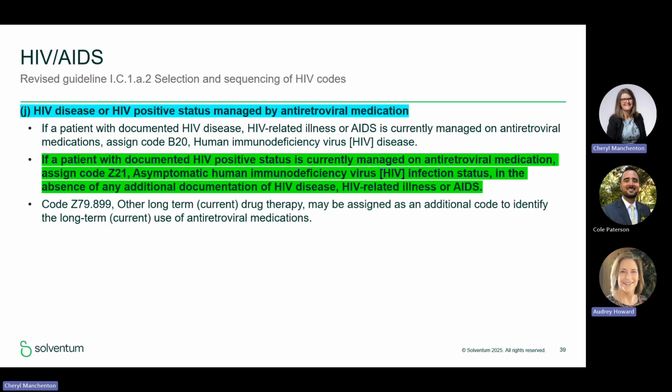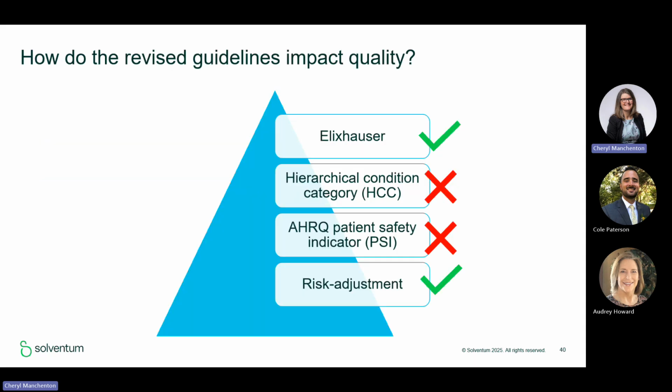Absolutely. And as Audrey said, these were published in coding clinics, right? So they're now just codifying them in the official guidelines. And I think this has huge impacts on quality because it's giving us clear directive on when we should be assigning the B20 versus the Z21. And we already know that there's an Elixhauser category for